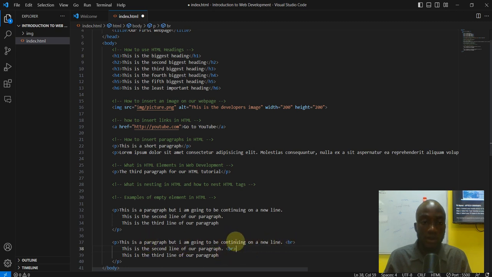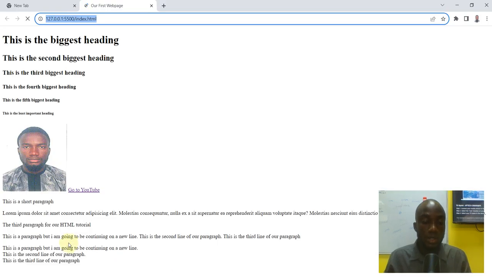So after typing this, I'm trying to break it so that this can continue on a new line, and after this I want to break it so that the next sentence can continue on a new line. So I'm going to press Ctrl+S and I'm going to open my browser. Now when we launch the browser, we can see that the paragraph is already on a new line. So this is how we move our text to a new line within the same tag, instead of creating a different paragraph tag. Instead of creating another paragraph to hold this, you can just use the line break BR tag to break them into different